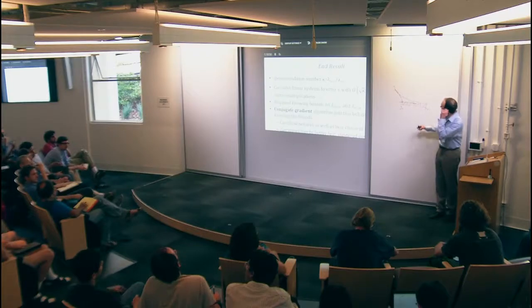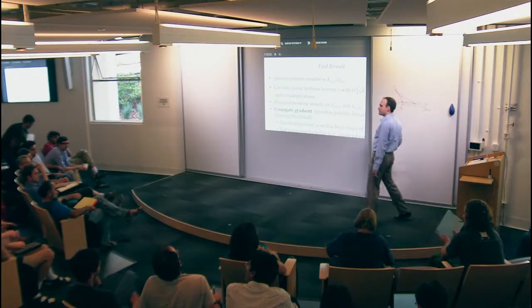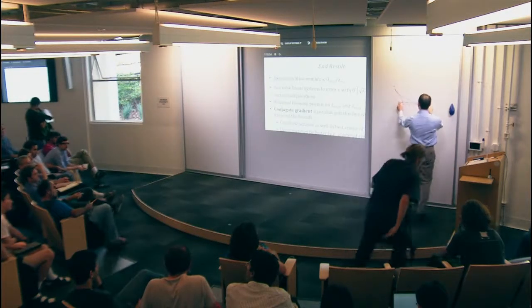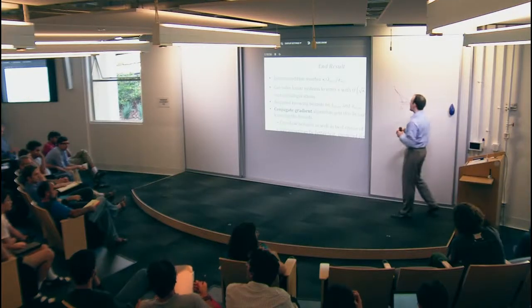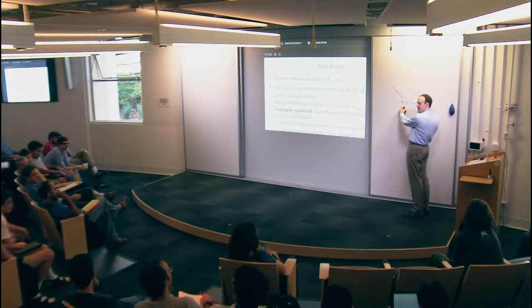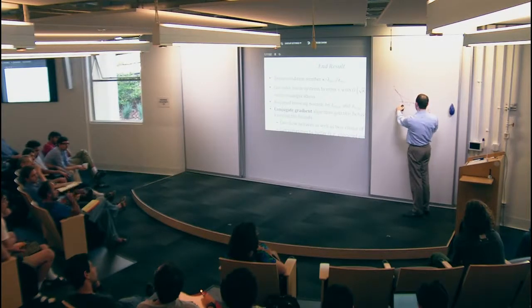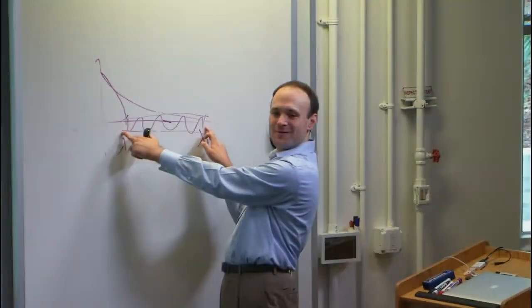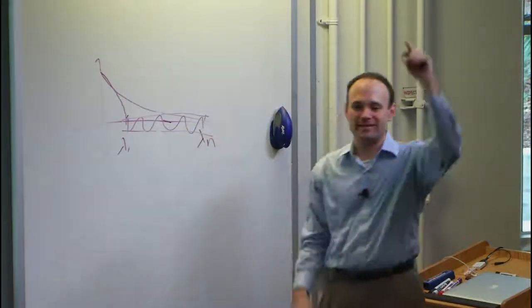Oh, so the reason was that the property we were really shooting for was a polynomial that was 1 at 0 and small between lambda 1 and lambda n. And so we mapped negative 1 and 1 to lambda 1, and then that was the biggest zero part of it.